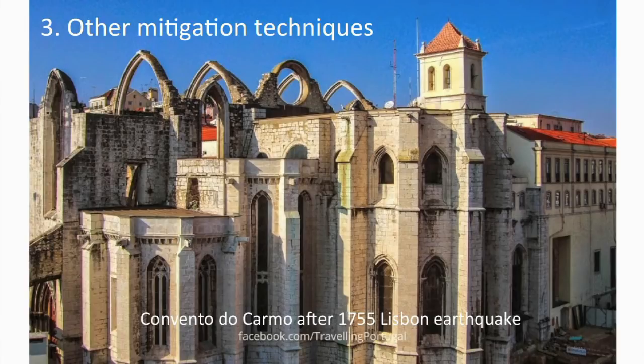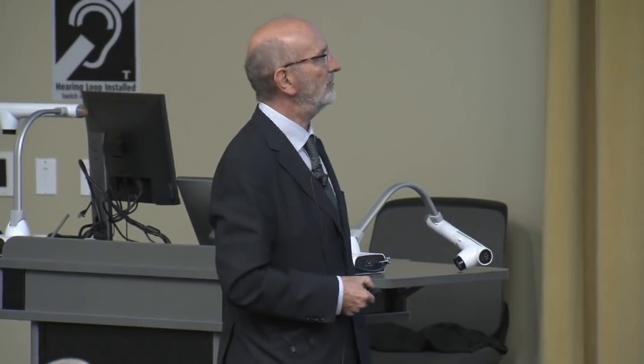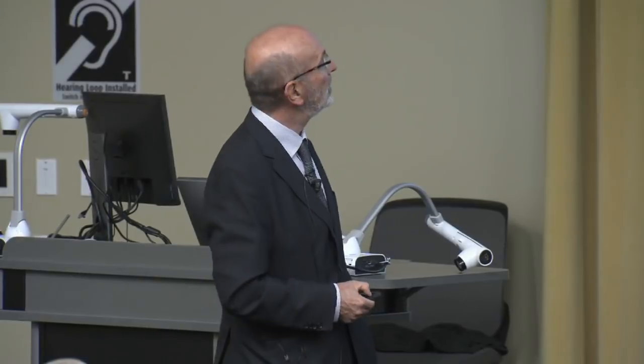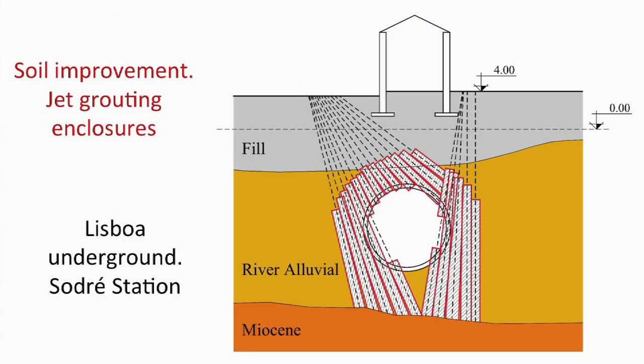Other mitigation techniques. This is a beautiful picture of the Convento do Carmo in Lisbon. It has been left like that, just as a monument to the terrible 1755 earthquake that killed an estimated 100,000 people in Lisbon. But this monument was very close again to, because this is what happens in cities. I mean, the monuments, if you develop the city and you develop the metro, of course, you will find them